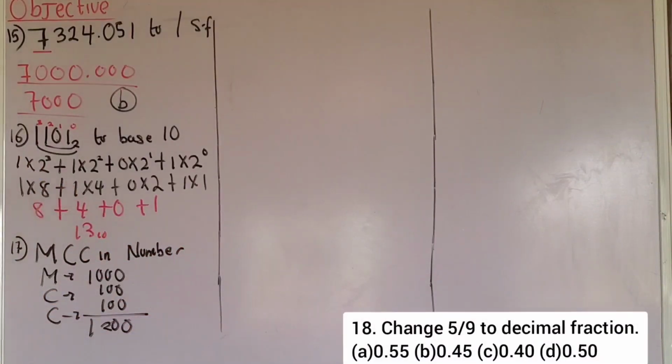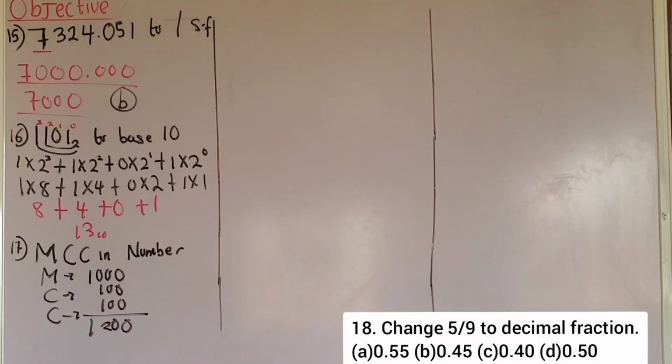For question 18, we are asked to change 5 over 9 to decimal fraction. Change 5 over 9 to decimal fraction. Now, listen to me carefully, please. I want you to pay attention. If you are asked to change a fraction to a decimal, there are some fractions that are called recurring fractions. You understand? A recurring fraction is a fraction that when you change it to decimal, has an infinite number after the decimal point. You understand? For example, the question that we are given is 5 over 9, and if you punch your calculator, 5 divided by 9 will give you